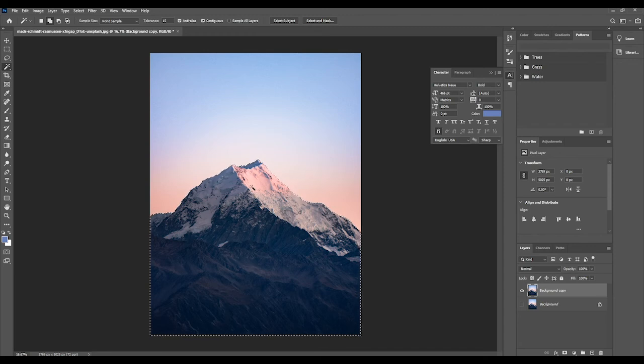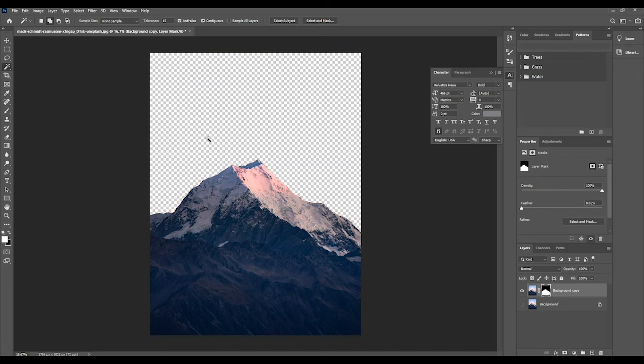Now we could go ahead, let's just add to the selection here. Okay. So we're going to add the selection here, and add layer mask, and this time the background is removed and the sky is removed,